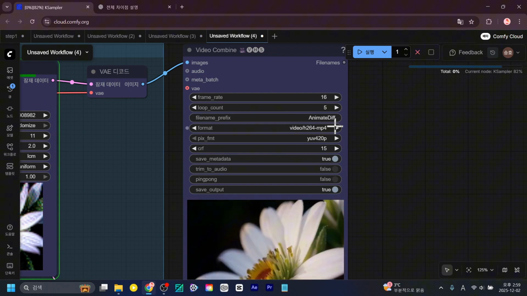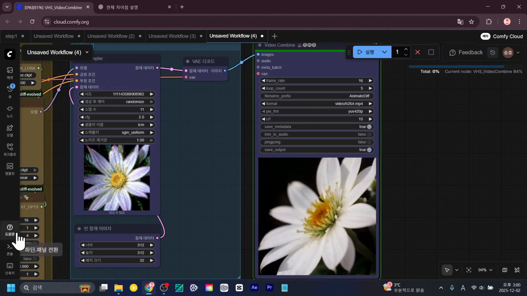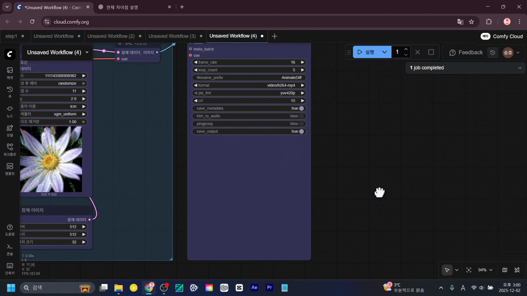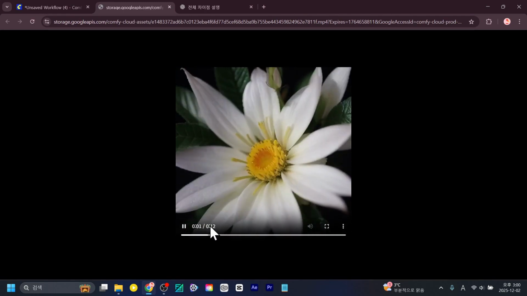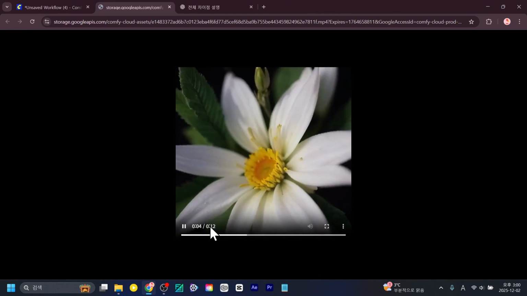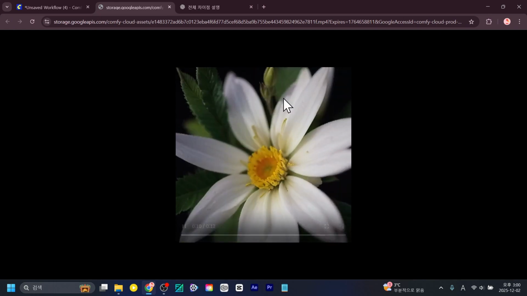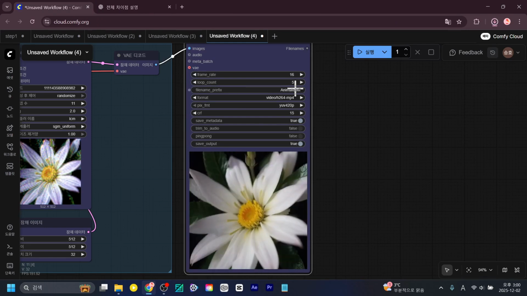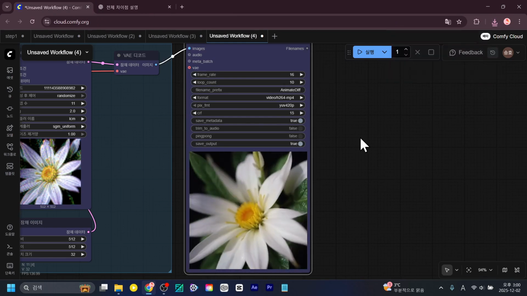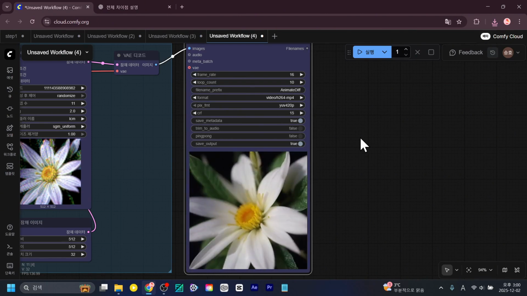And when it comes to loop count, if you want to create a looping video that repeats continuously, it's tough and tedious to keep connecting the clips in video editing, right? That's why if you look at it in Open Preview like this, since it's multiplied by 5, it comes out to 12 seconds. Looking at it, it's 12 seconds because you have the original included, plus 5 more loops are added, so 5 more times are included, making it 12 seconds. You can just download it. If you set it to 10, then of course this time it would be multiplied about 11 times. That's basically the concept you should keep in mind.